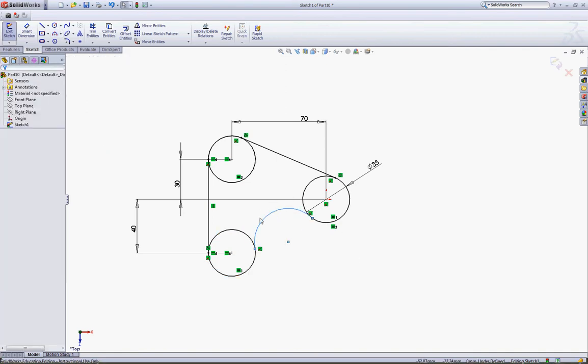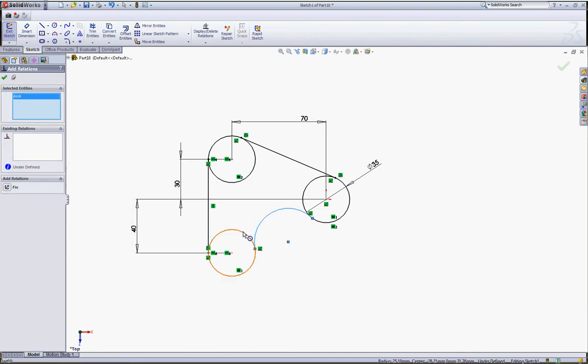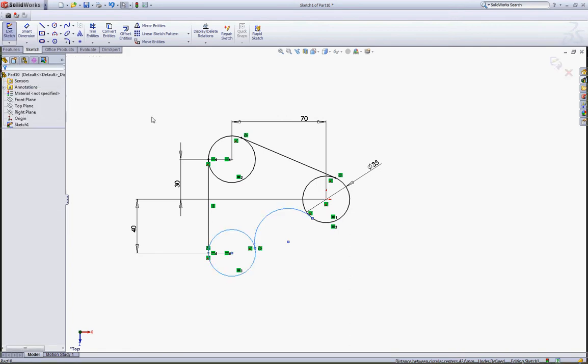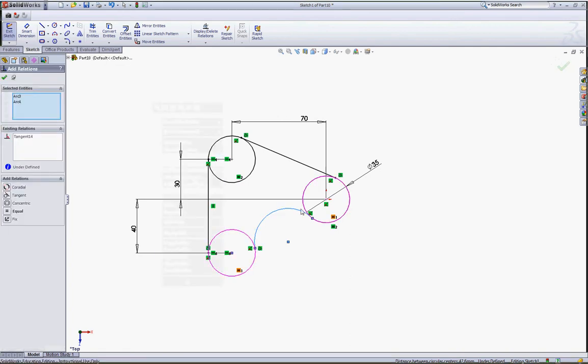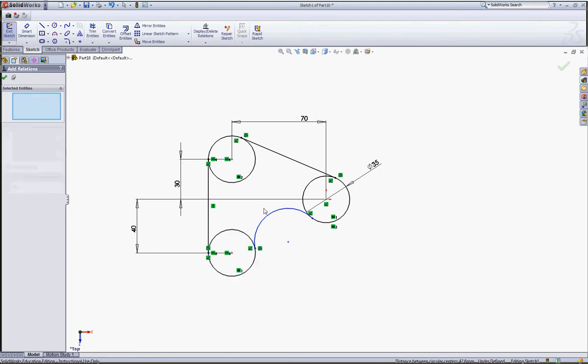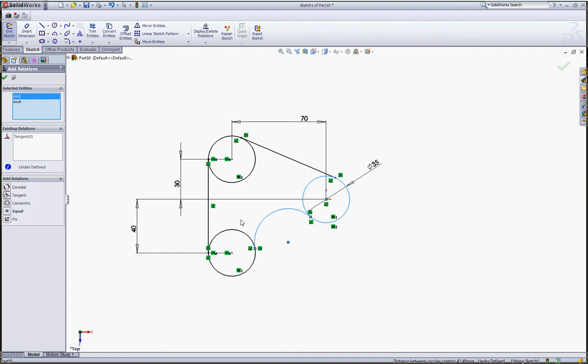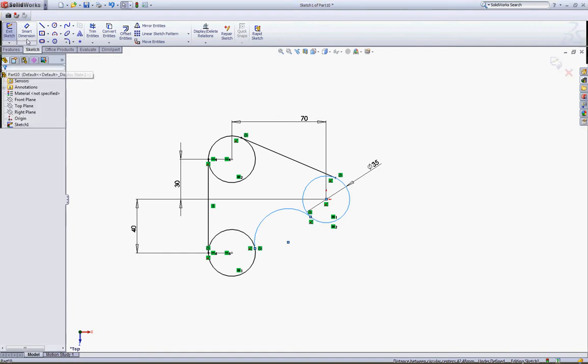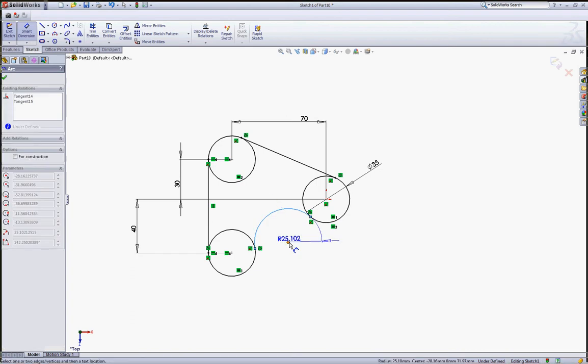And then we haven't got the relations about the tangents. You need to right click, and then add relations between that arc to that circle for the tangent. You can see the tangent relations here, and then you can right click again to add the relations in between that arc to that circle. So you can use the tangent to make the relations, and then the radius should be